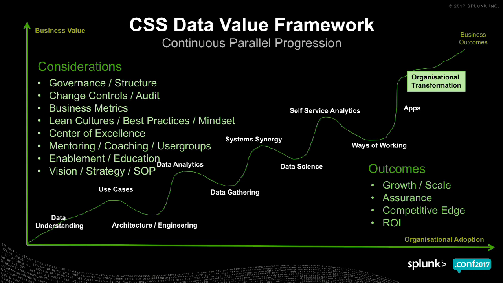But what's going to be your outcome there? Well, growth and scale. Right? We've got confidence, assurance, a competitive edge, and a stronger ROI. So by dividing it up, we divide and conquer. I can have specific training around this, specific training around this. People have more focus. So rather than somebody going in all flustered, what do I do? Actually, I'm coming in to do a repeatable model that I've delivered many times to many companies. So we have that quality, that consistency, the reliability, the repeatability, and the assurance, and we can just make it happen. So if we can break it down, it makes it simpler to understand.